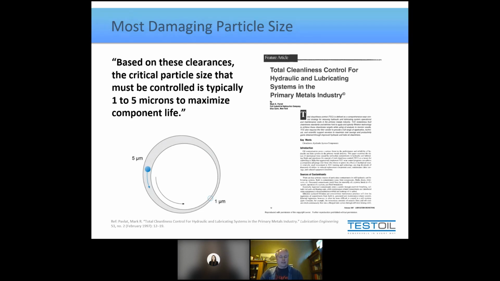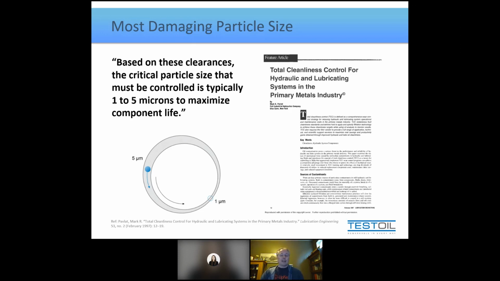Well, if you take a look at an example here, it's not the example from the paper, it's just of a journal bearing. So you see a shaft inside of a journal. If the clearances on the journal vary from 1 micron at the closest point of near contact where the hydrodynamic film exists to the opposite side of the shaft where there'd be the greatest clearance, and those worked out to be 1 micron at the tight clearance and 5 micron at the large clearance, you could start to understand why any particle larger than clearance wouldn't cause any damage, and any particle smaller than clearance also wouldn't cause any damage.